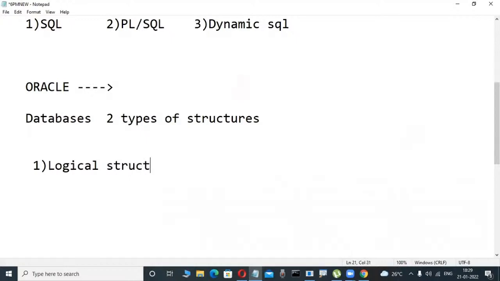Logical structure. A database means it is a place where we can store structure. Here one is logical structure, another one is physical structure. Before we tell what the logical and physical structure is in every type of database software,